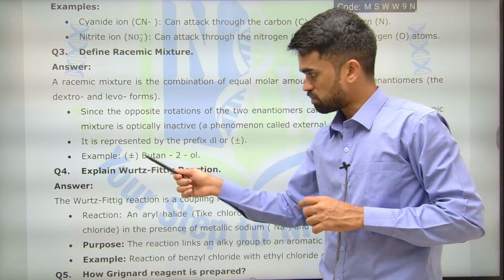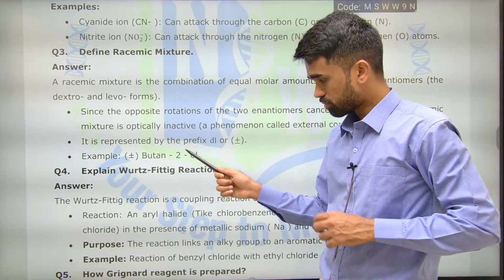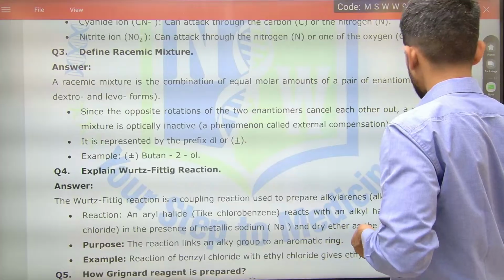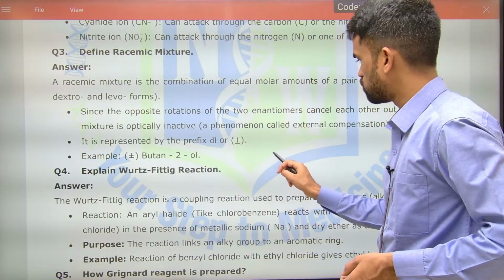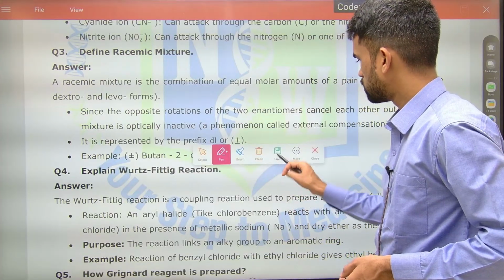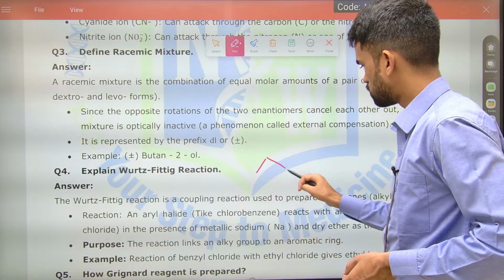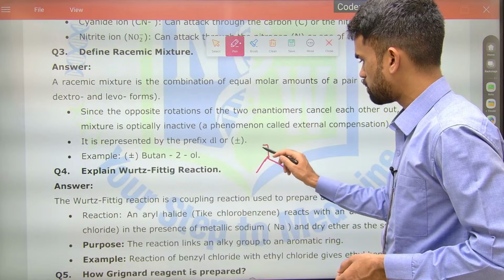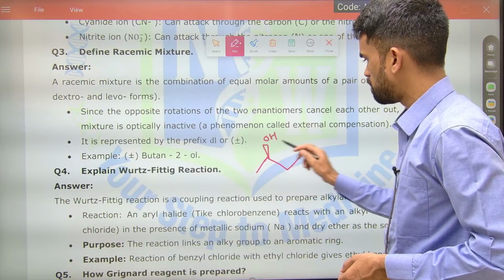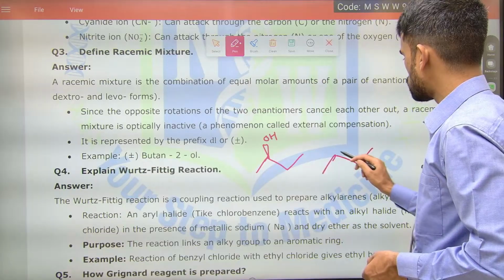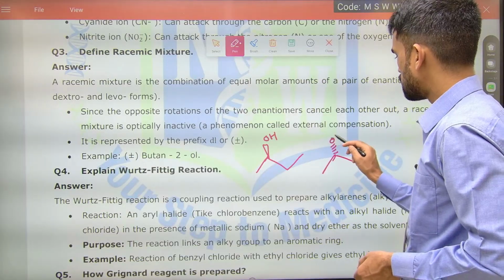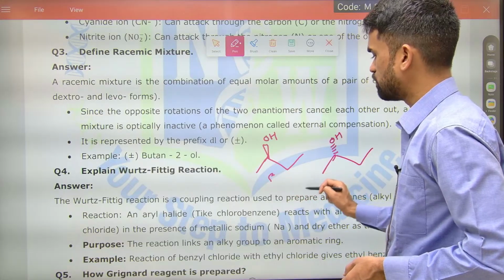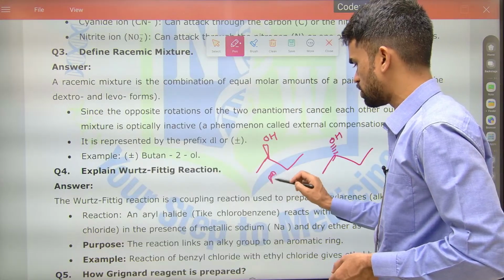Okay, so racemic mixture, butan-2-ol. At the second carbon we have, I'll write the structure so that you will feel more clear. This is butane. So at the second carbon, let us say this is the second carbon, I can place the OH group above the plane, or I can place the OH group below the plane like this. So if it is R, the other will be S. If it is S, it will be R. If it is dextrorotatory,